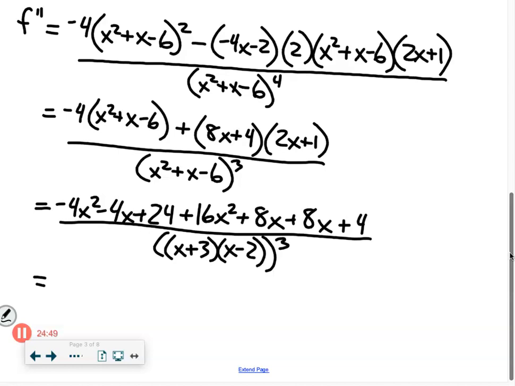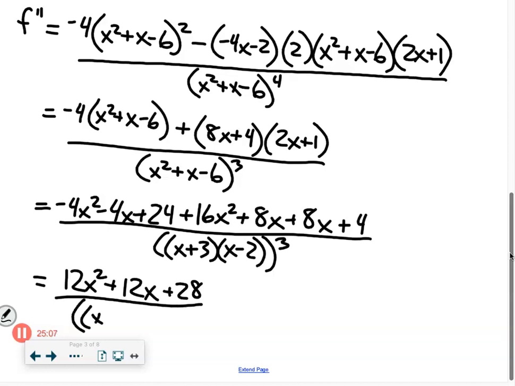All right, let's combine. So we get 12x squared plus 16x plus 12x plus 28. Are you guys making sure I do my math right? Okay. Oh, oops, thank you. Cubed. All right. On the top, so you can factor a 4 out, right? If you factor out a 4 or just leave it, either way,